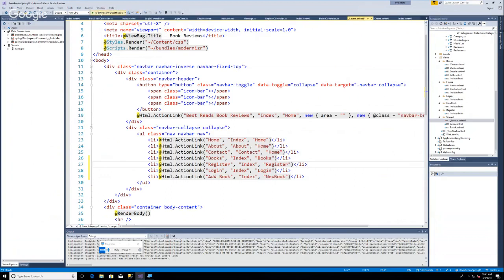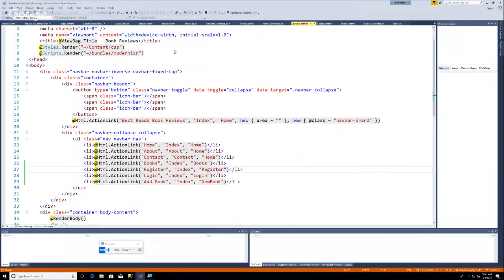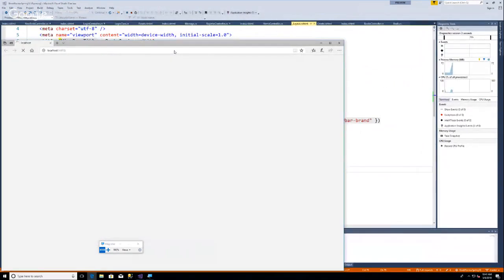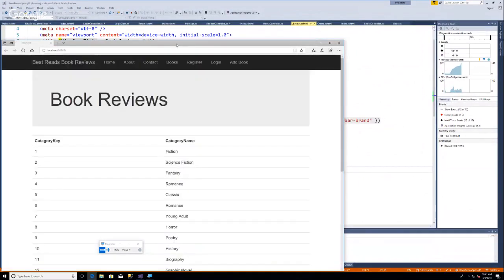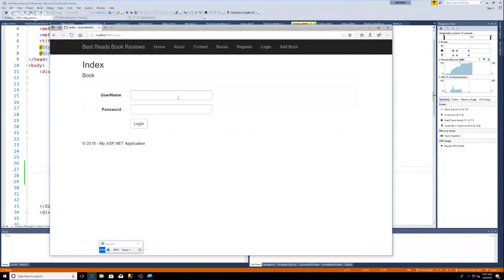So let's try it. So I'm going to go to login. I'm going to do best reader and Brown Pass, login,